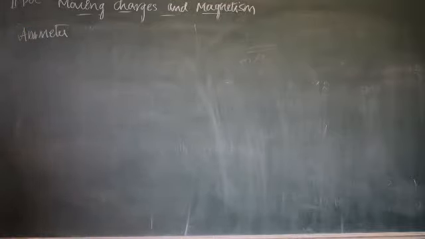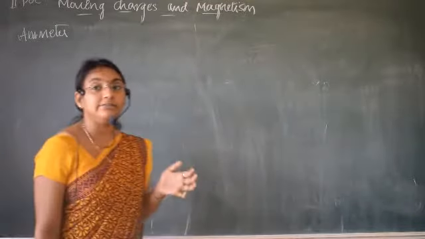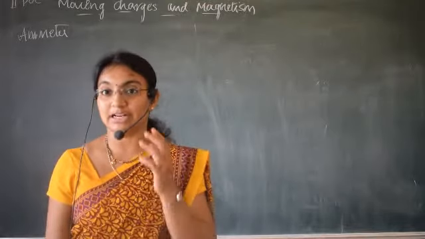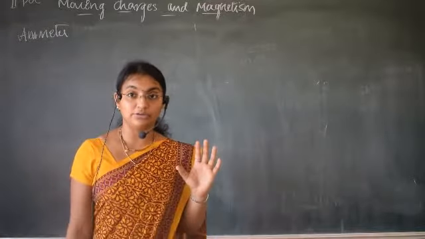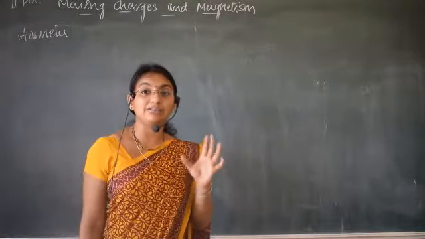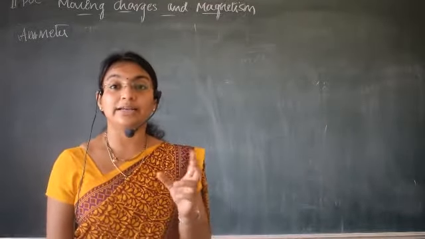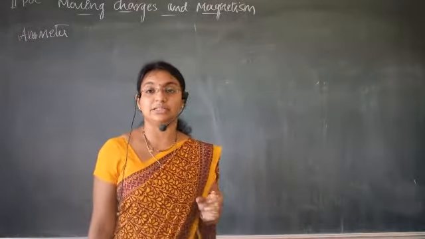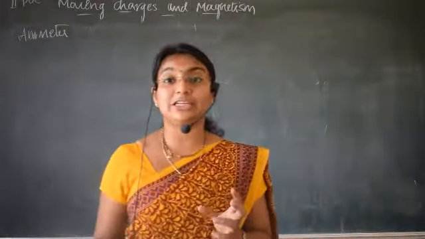Ammeter is a device used to measure the current, whereas the galvanometer is the device used to detect the current. We asked in the previous class whether we can measure the current using a galvanometer. Directly you cannot use it for measuring the current. You can convert the galvanometer into an ammeter by connecting a low resistance with it in parallel, because an ammeter is a device used to measure the current.